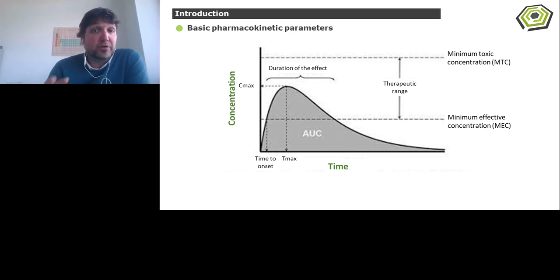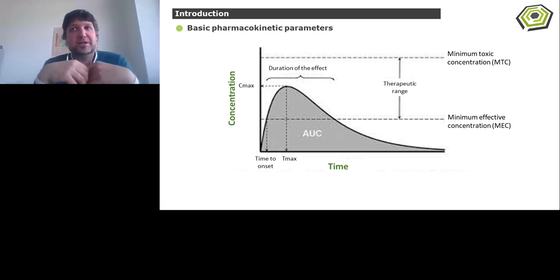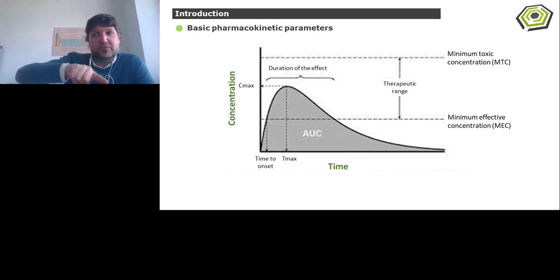I want to introduce a couple of concepts, basic pharmacokinetic parameters that will be useful for the rest of my talk. When we're talking about a drug that we take, the typical pharmacokinetic parameter we care about is how the drug's concentration increases in our blood. We see how it goes up until it reaches Cmax, which is the maximum concentration that we will have in our blood after a single intake of this particular drug. This is the phase of absorption, and then we have a phase of elimination in which the drug concentration in the blood decreases.